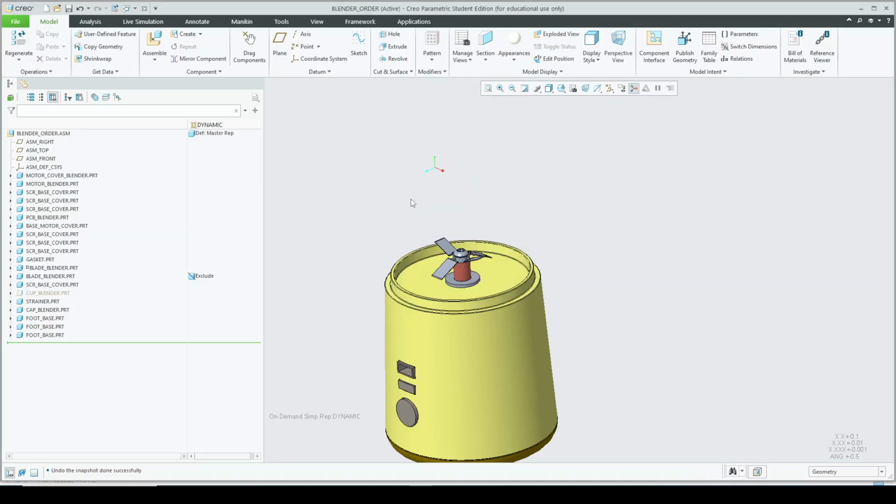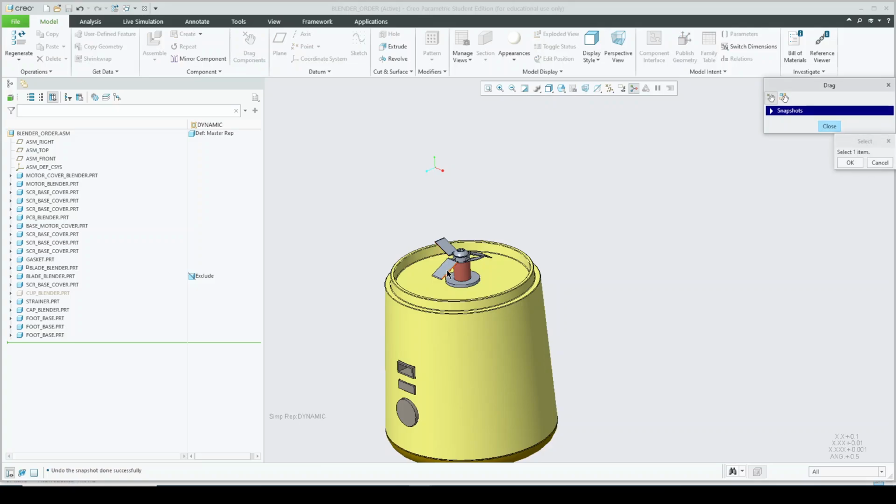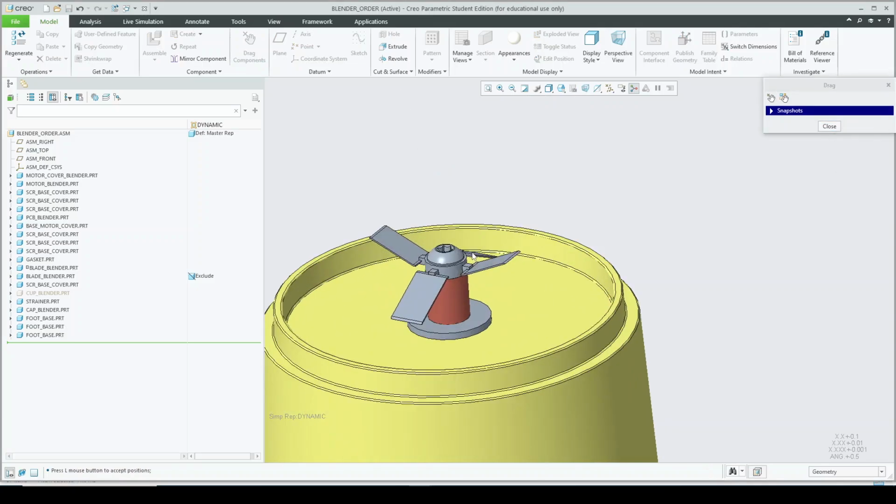But I'll hide this cup, and I'll see if the constraint works even with the screw being added. All right,